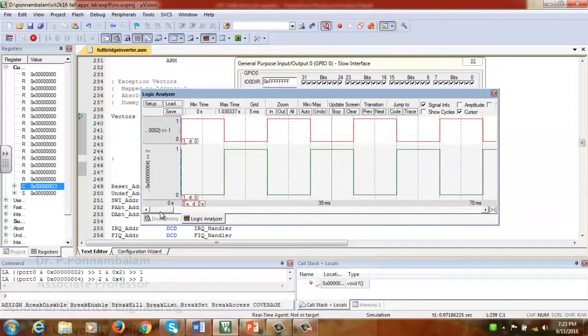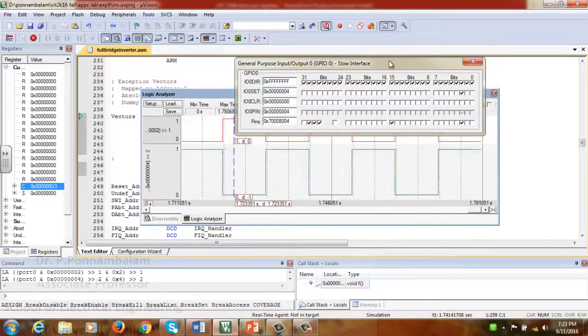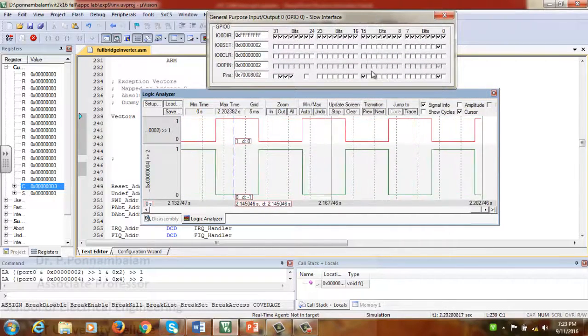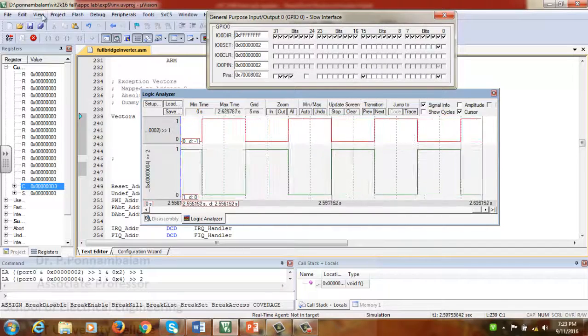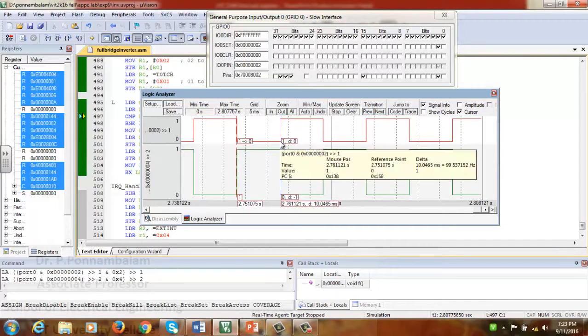Okay, so you can see now the waveform is obtained. As we have already discussed, P0.15. Let me check the frequency over here. It's 10. 10 means 10 for half cycle, so 20 for full cycle, so obviously 50 hertz.